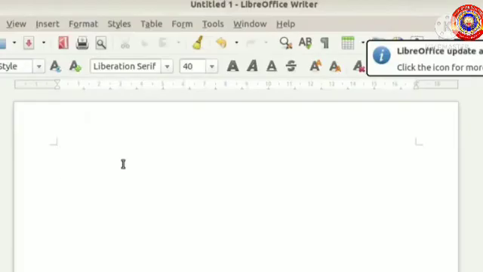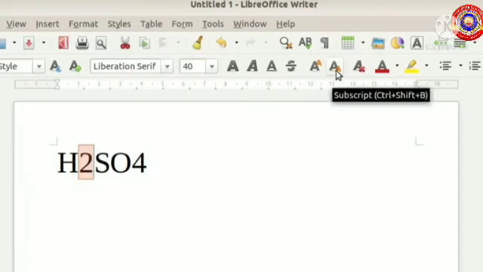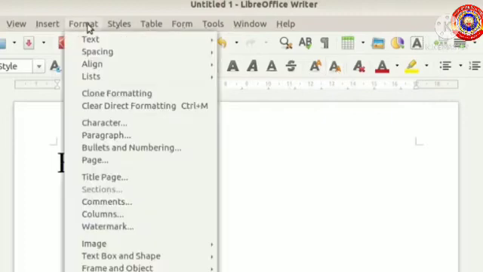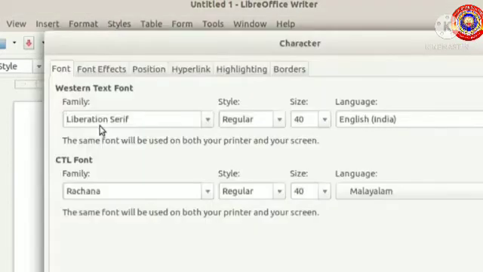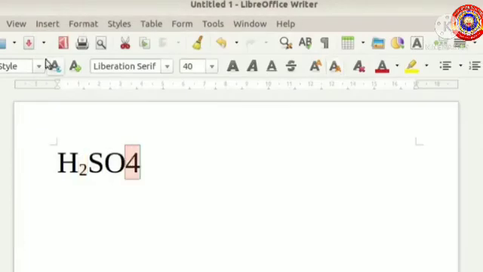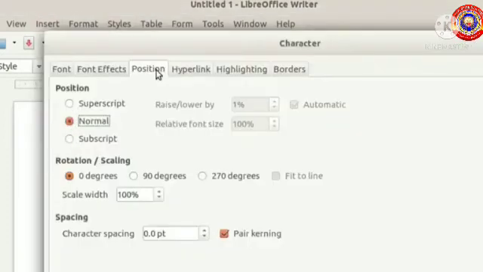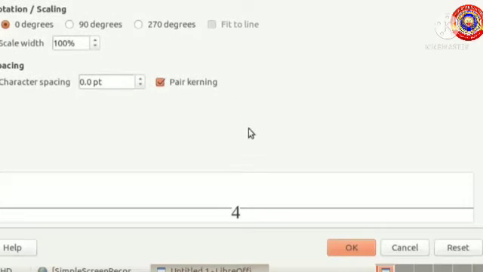Look at this. I am typing H2SO4. Here, actually we want this 2 below H. We can make use of the subscript option in the toolbar, or we can take the option Character from the Format menu, then click the Position tab and click on Subscript. Similarly, to change the 4 also: Format, Character, Position, Subscript. Okay,